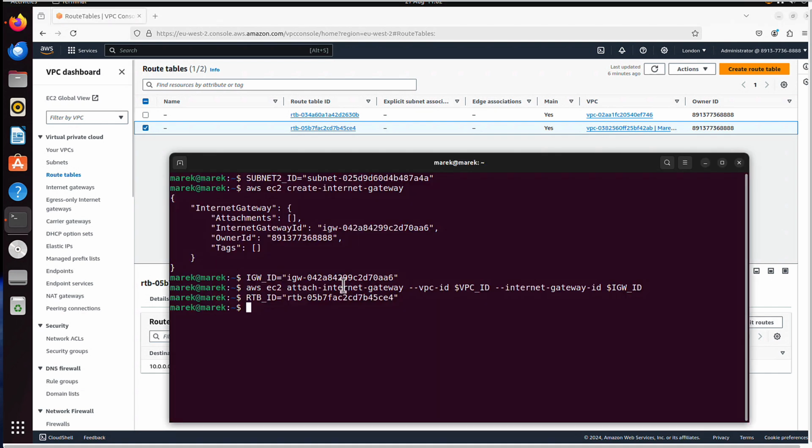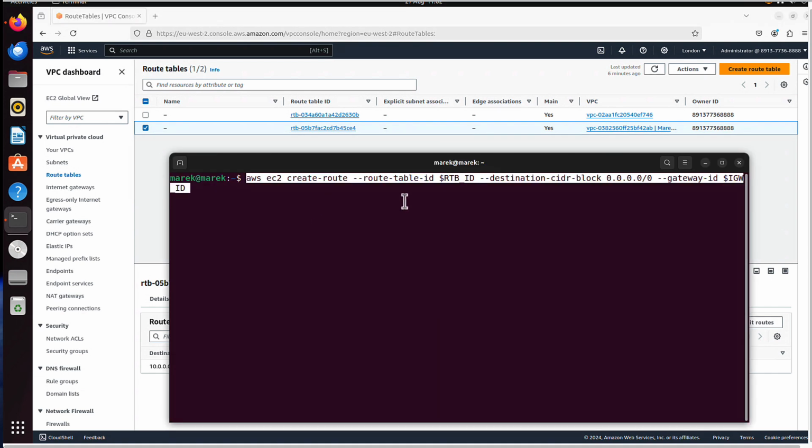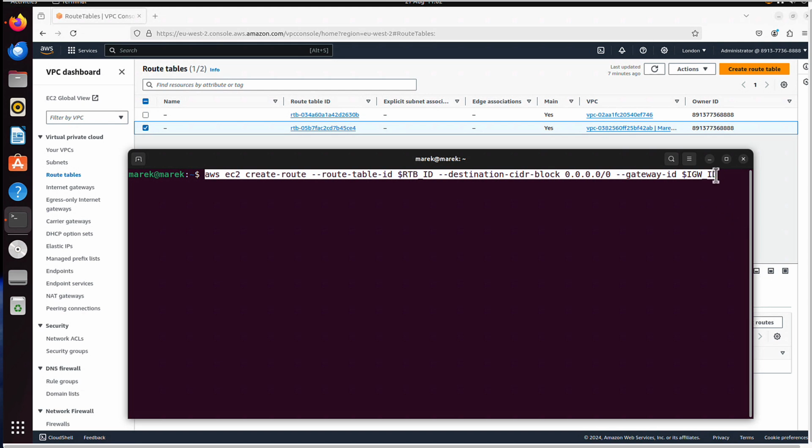So let me clear that. And this is the command I need. Create route. Route table ID is the variable I just saved, RTB_ID. Destination CIDR block is 0.0.0.0/0. That means everything else, all other traffic. And we say that it should go to our internet gateway, which we have saved as IGW_ID.